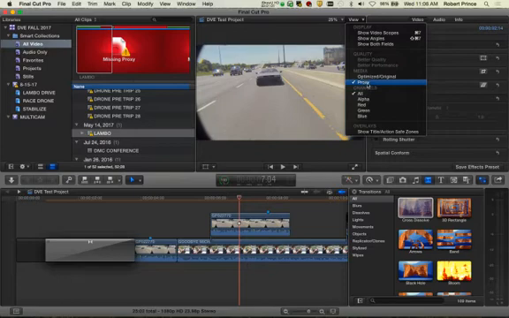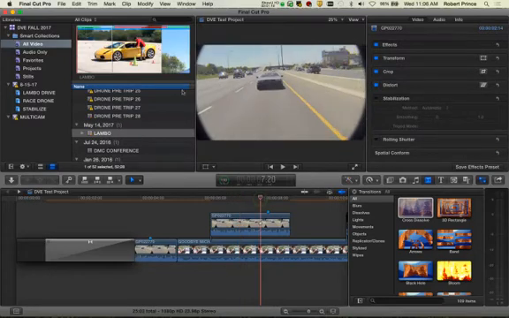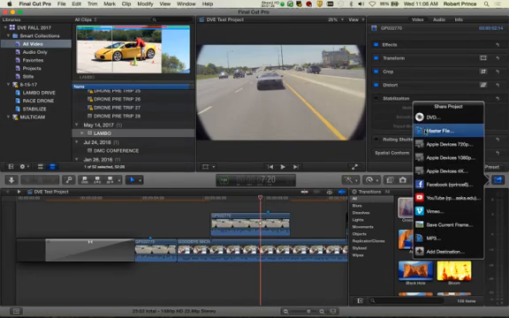When you go to export, you need to switch this to optimized. Otherwise, you'll be working with the proxy when you export, which is a low quality stand-in video, which the whole reason we created is so that our computer will run better when we're playing back our projects. It's not ideal. So we don't want to do that. We want to go to optimized on our view, look at it that way, and then we're looking at all our optimized clips too. And then when we go to export a master file,